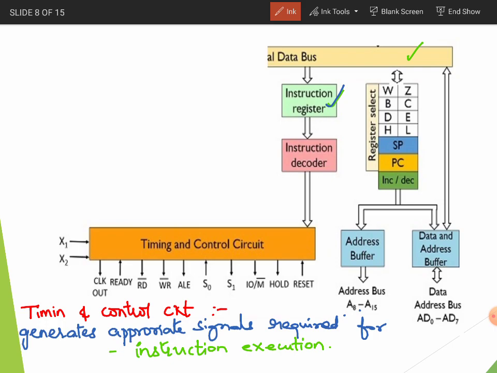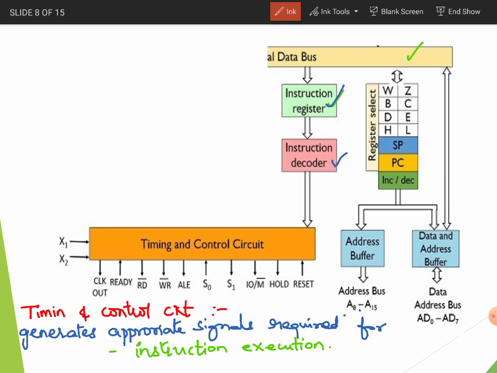The instruction register holds the instruction which is fetched from the memory. Whatever you are fetching from the memory will first be placed in the instruction register, and then we have the instruction decoder. The instruction decoder is going to decode the instruction and give out the machine code of it. Machine language is nothing but binary, in zeros and ones form.